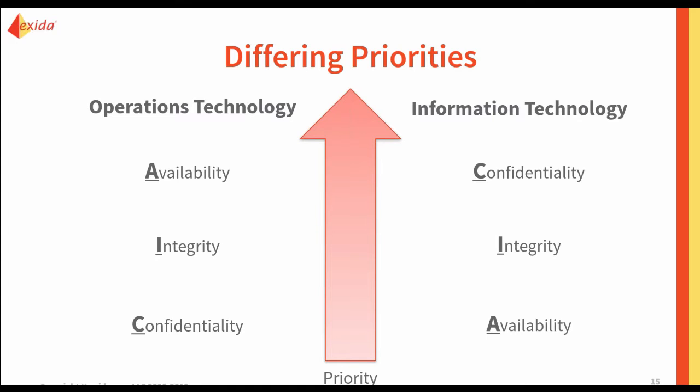So availability is the prime focus, and these differing priorities lead to different requirements, different tools, and a different approach in terms of how you manage and maintain secure operations within them. So this is an important thing to start with and understand, as the backdrop for a lot of the things we'll continue to talk about here. And so the next slide